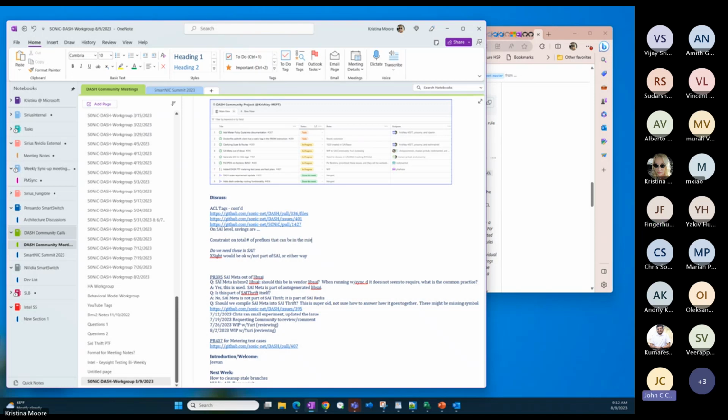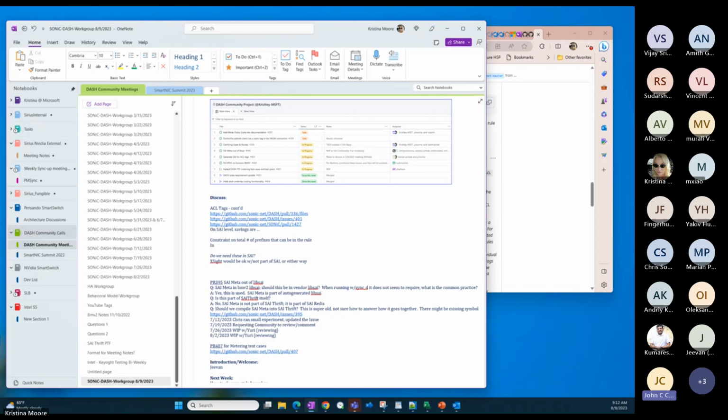That's my understanding. It was a way to maybe compress the specification of those rules, but I don't think it changes the total number of prefixes